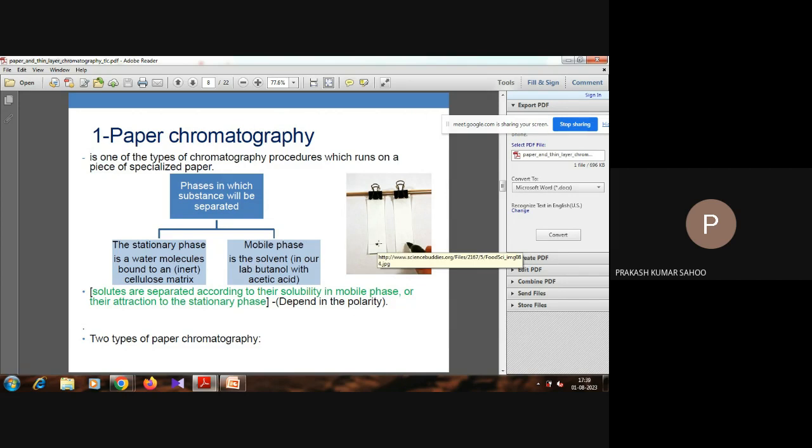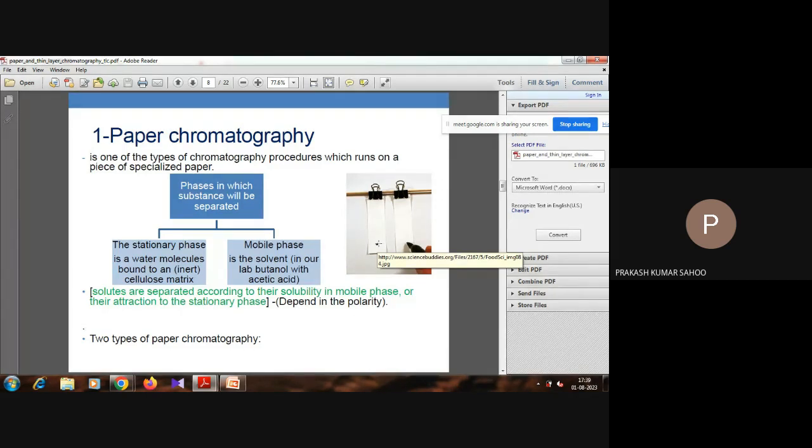Then it also includes electrophoresis or electrochromatography, which we will discuss at the end of this paper, in your unit 12, electrophoresis, where the movement of the mobile phase is assisted by electrical potential. However, it will not be discussed here. The paper chromatography and thin layer chromatography